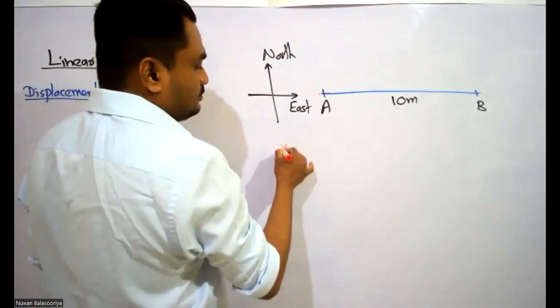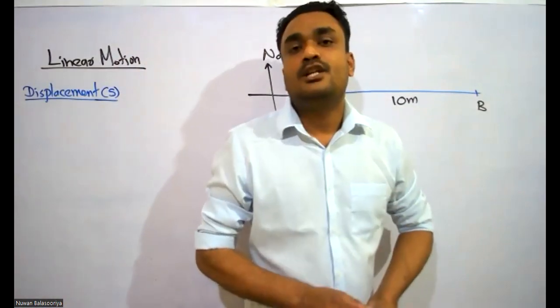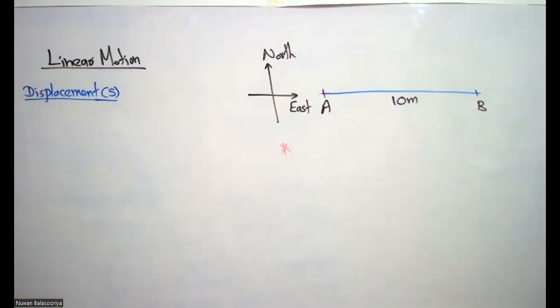Star point, and write. A displacement has a magnitude, within brackets 10 meter, and a direction, within brackets east. Full stop. Therefore, a displacement is a